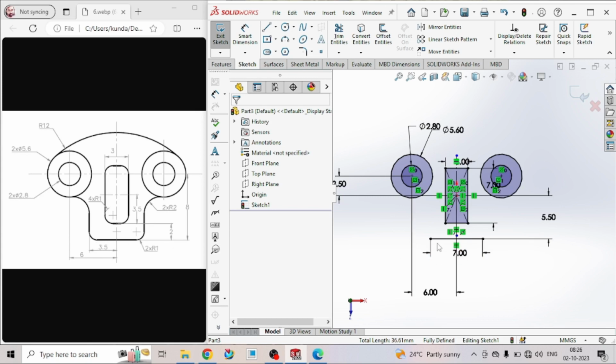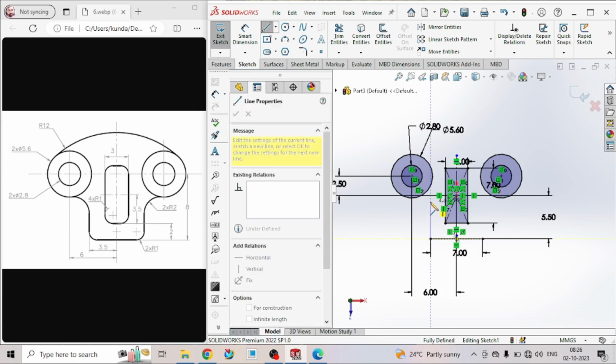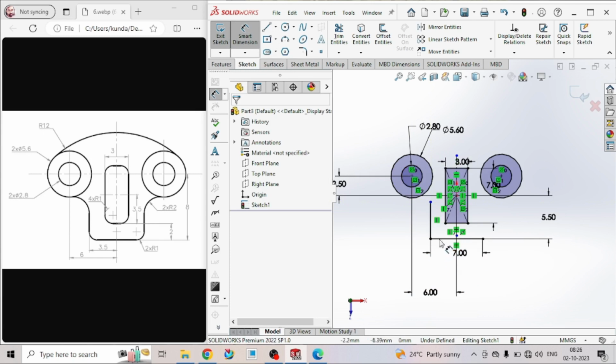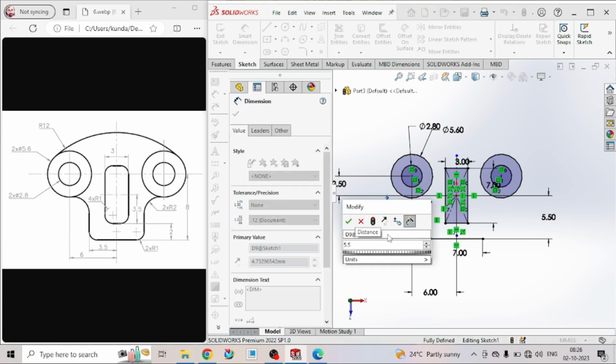This is 3.5. So from this point we will take a line of 5.5 in the vertical direction. So we are taking a line over here, smart dimension 5.5. Okay,